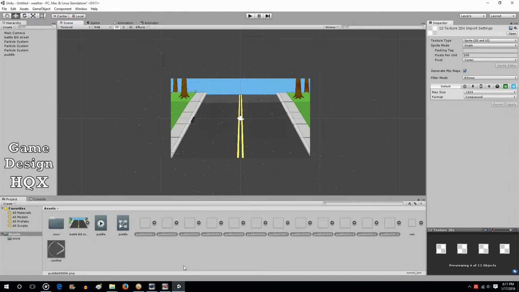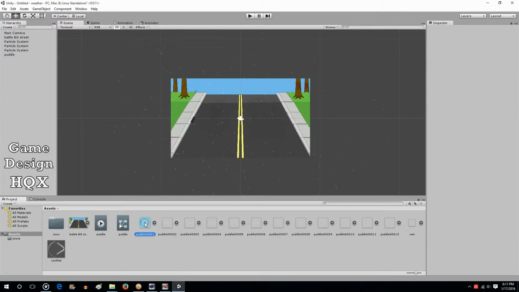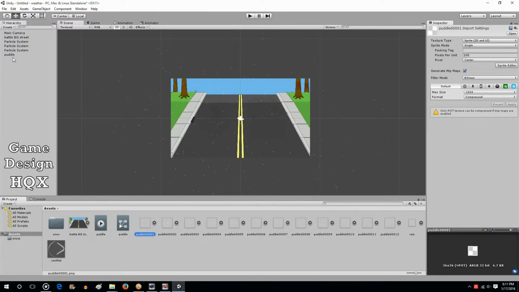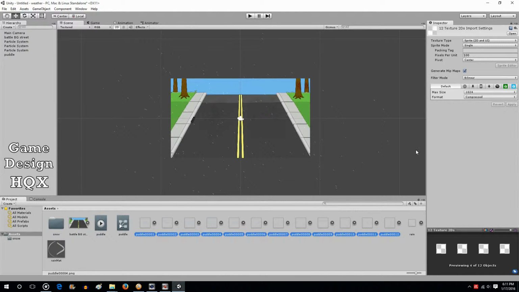And now what we're going to do, since these are a part of that animation and that animation is a part of this object, if you make a change to these, like we're going to make it bigger, drop that down to say 60. And yes, I said bigger. Since it's a ratio, you have to make it smaller to make the object bigger. This really doesn't matter the max size because it's such a small object anyways. So we'll click on apply,